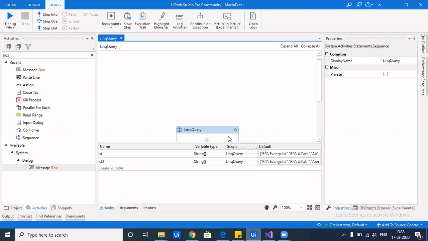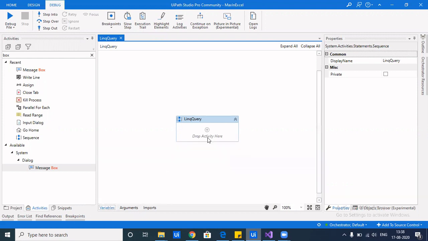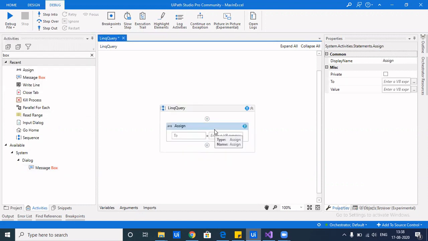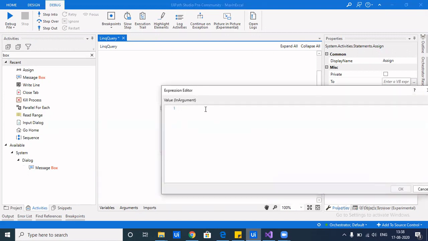So we're going to first see how we can join these two, and we can join on the basis of the non-matching values, or we could even join on the basis of the matching values. That totally depends on our use case, what's the need of it. So let's drag in an assign activity to first join it. We'll first go to value, and as we've seen in the previous video, how from an array we segregated the even numbers and left out the odd numbers, so we know how to loop in.